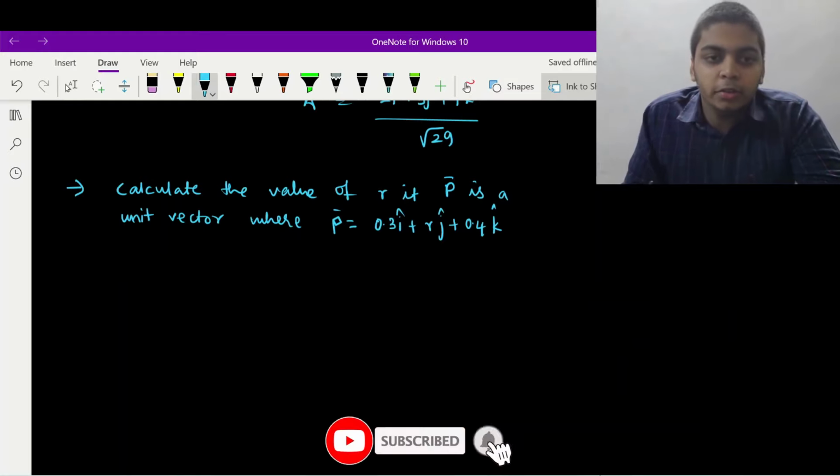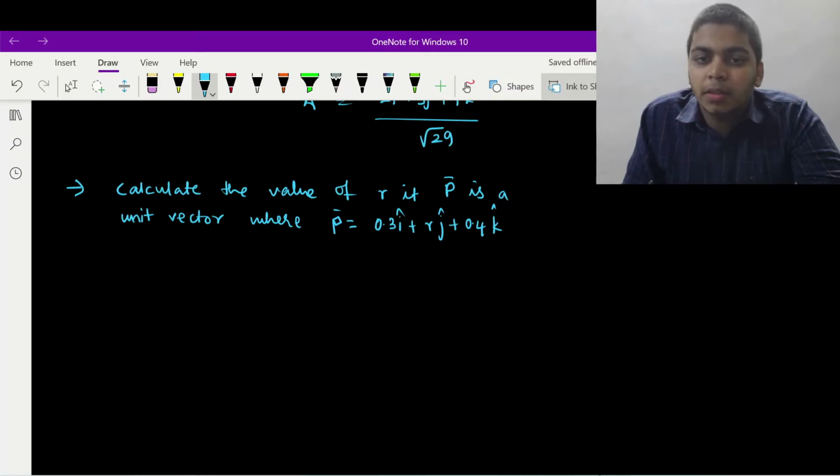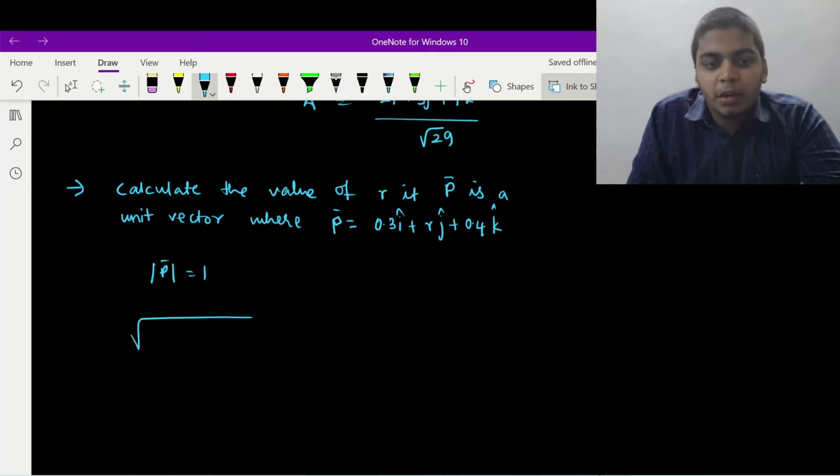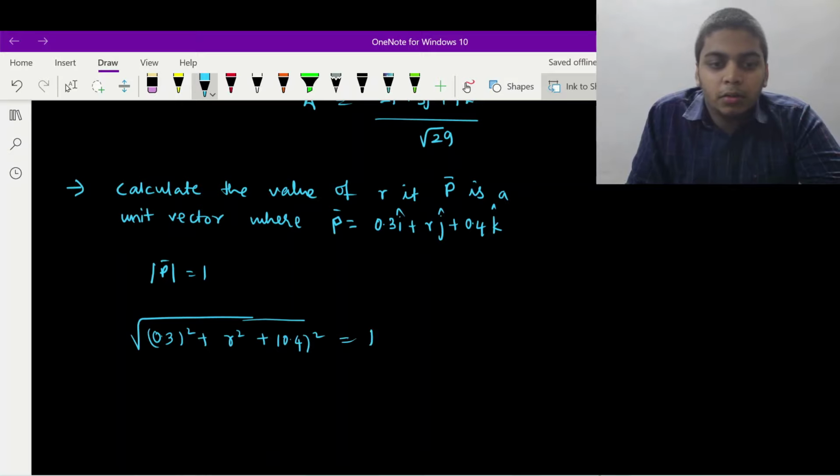Now we'll proceed to the next question. Calculate the value of r if p bar is a unit vector, where p bar is 0.3 i cap plus r j cap plus 0.4 k cap. So what does unit vector mean? The magnitude of such a unit vector is always 1. So mod p bar is always 1. So what is the magnitude of p bar? That is 0.3 whole square plus r square plus 0.4 whole square, which is equal to 1. Your 0.3 whole square plus 0.4 whole square is 0.09 plus 0.16, plus r square is 1. So your r square is nothing but 1